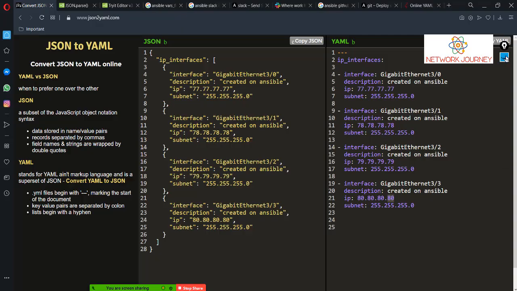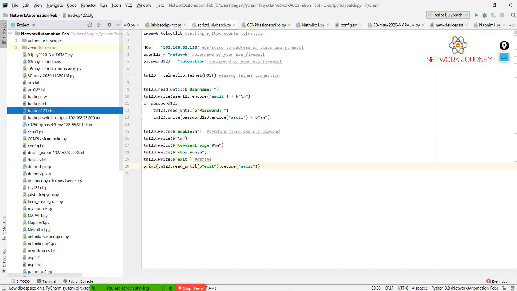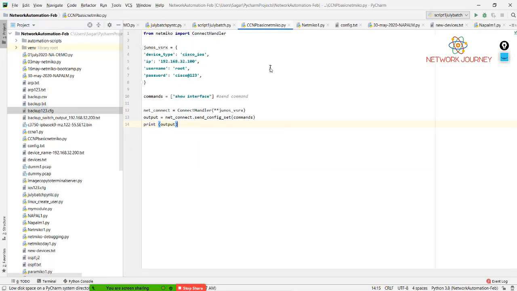Okay, so let's say I go to my PyCharm, the same script.